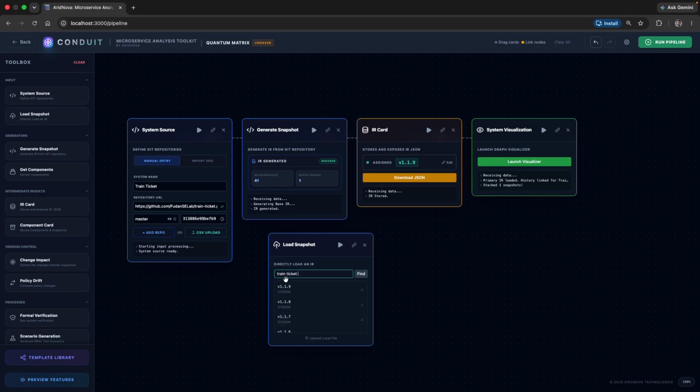Obviously, this doesn't need to exactly match the system name. You can just search by train or ticket or any literal in the pattern of this particular system, and this will show you all the versions that are currently available. Since this is 1.1.9, you might remember that system visualization allows you to configure two